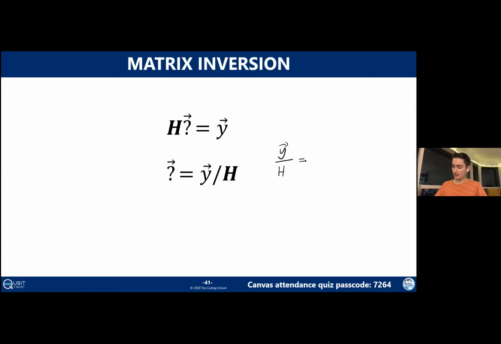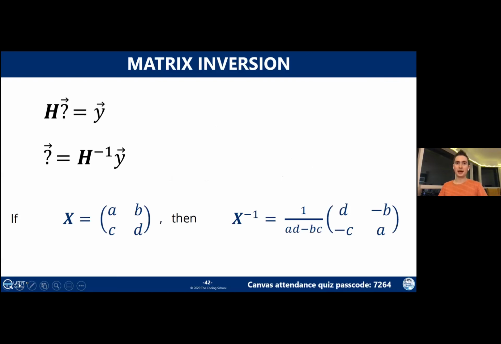Y divided by H can also be written as H inverse. So remember, when you raise something to the power of -1, it just means 1 over that thing. So another way of writing it is just this. And indeed, that is how we write it in linear algebra. We say that the question mark is equal to H raised to the power of -1. And the way we say this is H inverse, or the inverse of H, times y. Then this whole thing here is just matrix vector multiplication, which we did earlier in the lab. So the only question is, how do we figure out what this inverse is?